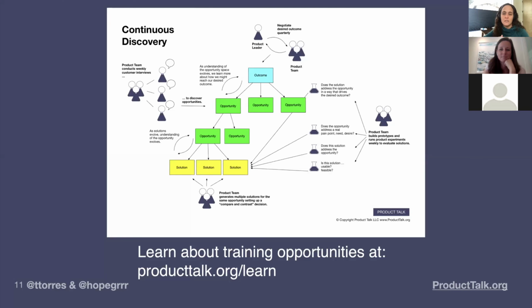So I would use the tree or impact mapping or whatever your tool for externalizing your thinking is, to work with the stakeholder and say, okay, this idea looks great. Can I ask a few questions? I'm supposed to be working on this outcome. Is that still the most important thing? It is? Okay, great. We talked about me working on this target opportunity. Is that still the most important thing? Okay, great. This idea doesn't really address that. Can we table it until we're working on an area where that's more relevant, right? So helping your stakeholders remember, we already made these strategic decisions. Do we really want to disrupt those?